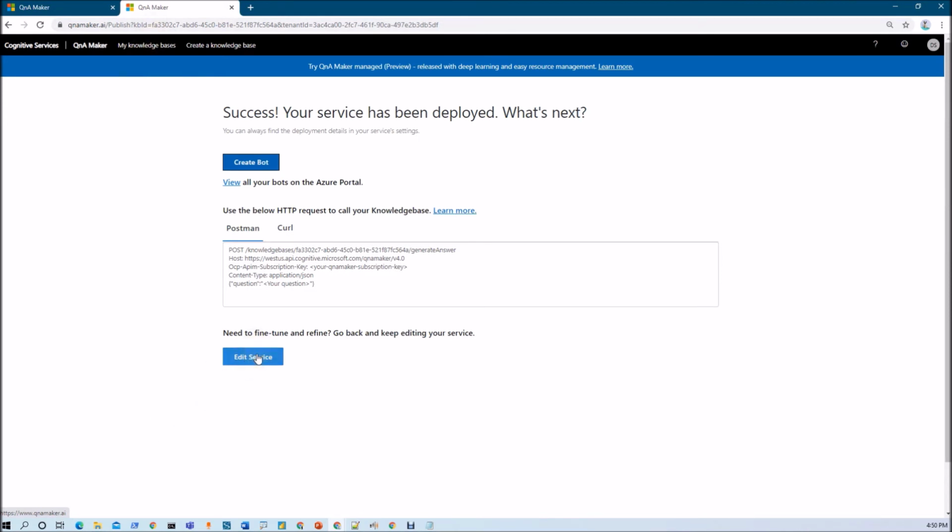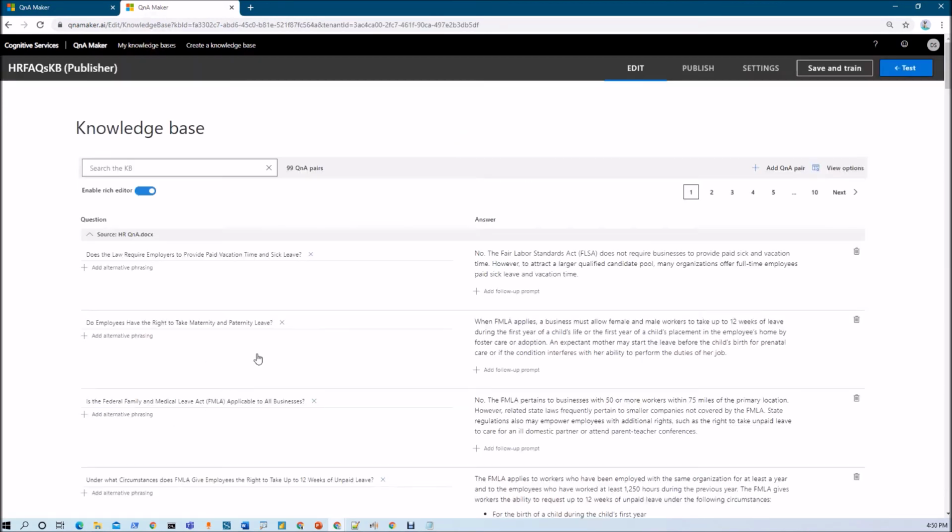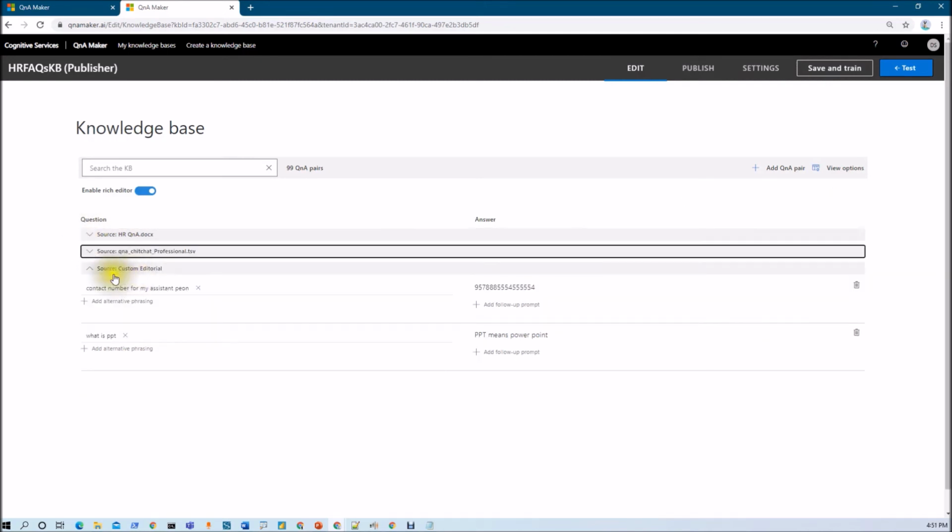I'm clicking on edit service, and this is the source which we have referred from the Word document, and this is the source for custom editorials. And now the question here is what is PPT, and PPT means PowerPoint that we have added. So the question has been added perfectly here, and the thing has been published successfully as well.